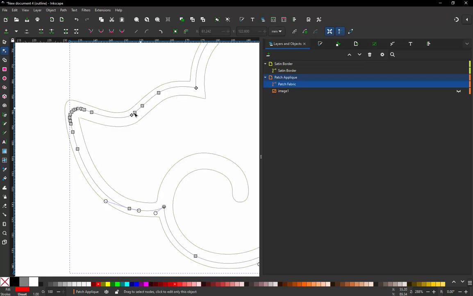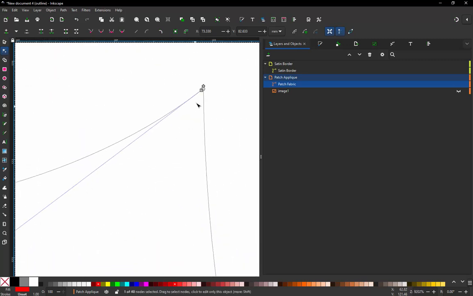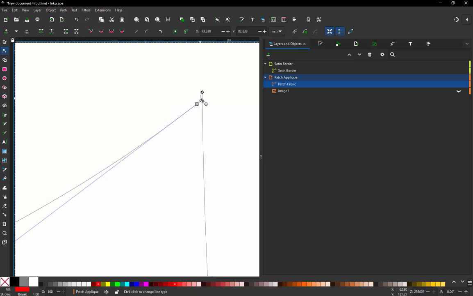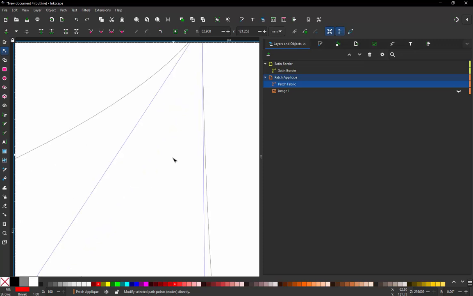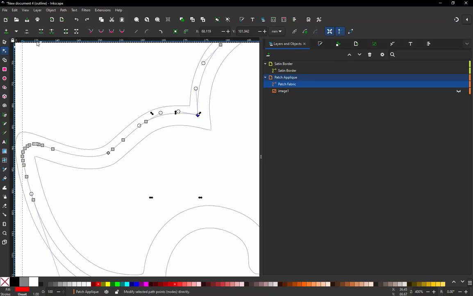But if we do want to use that kind of simplify command, one crazy option is that we could select this node and this node right here. So let me zoom in a little bit. Because yeah, we've got a node on top of a node right here. You see that? I didn't even see that till I really zoomed in, but we'll go ahead and delete that. But anyhow, if we select this node, and then we come up here and select this one, and we choose this option right here, which is break path at selected nodes,